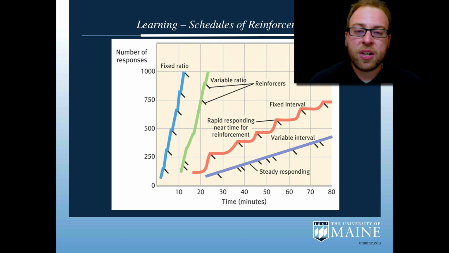But not only can we vary the number of times an animal has to respond before it receives a reinforcer, we can vary the amount of time that a reinforcer is available. In the case of a fixed interval, no matter how many times the animal responds, reinforcement is only available every X amount of time. So for example, a reinforcer is only available every 10 minutes. What will happen in this case is that the animal's behavior will exhibit a sort of scalloped pattern that you can see on the graph below, where just before the time that the reinforcer should be available, response rates increase rapidly. Immediately following, the animal learns that no reinforcer will be available, and so that behavior stops.